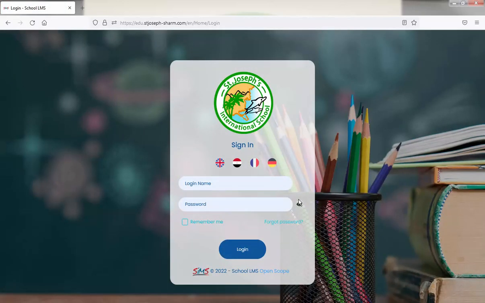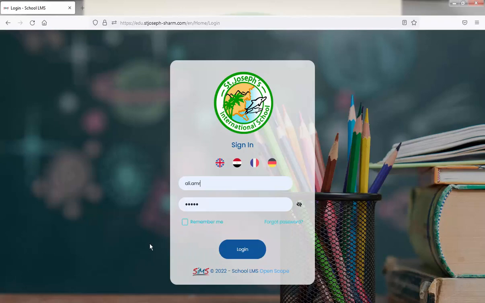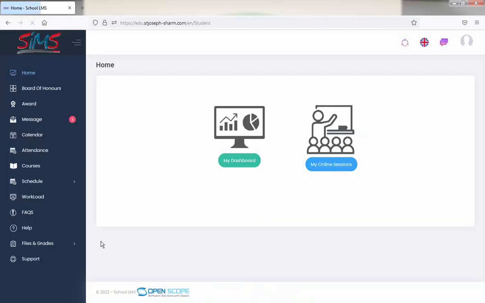Okay, now we will try to log in with the student account to show you the difference. So I will click on one of the student accounts. Of course I saved it already and it's only for demonstrating. So we're going to click on login. It's the same interface that the parent has, but the difference is that here we can find other things,